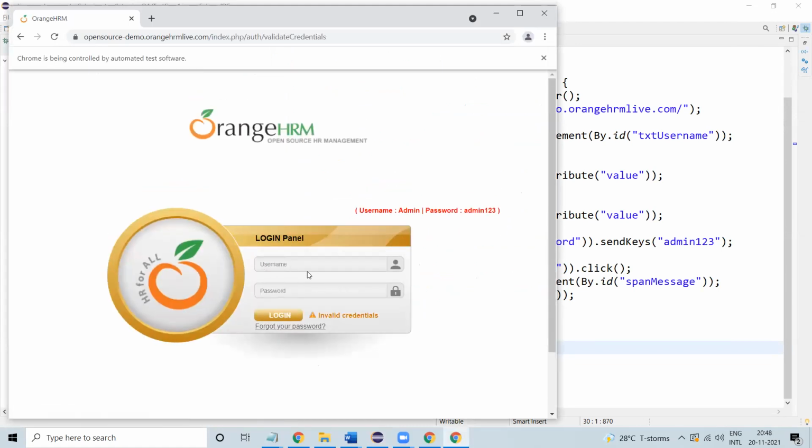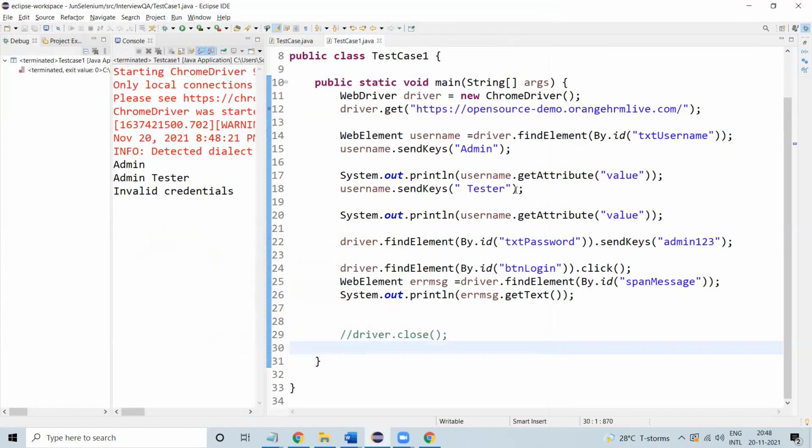It is entering the username and password, and clicking on login. It's invalid credentials, right? The username is only admin, and now I have added one more value as well, so it is saying invalid. First we enter admin, then we get the value, which is printed over here.